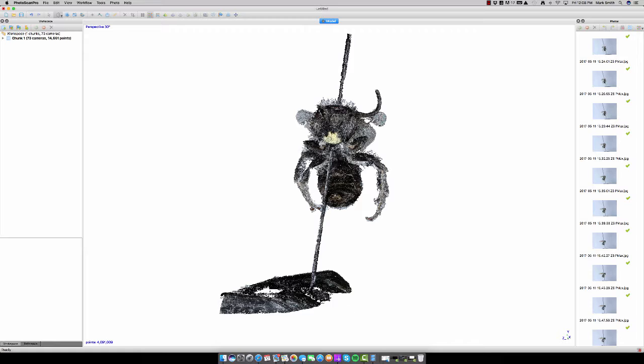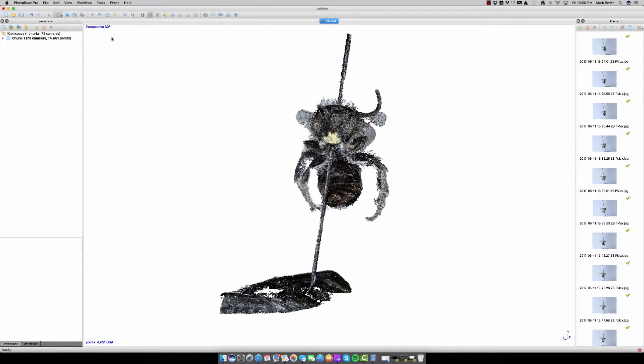Okay, so now that I've gone through and cleaned up all this model, I've eliminated any points that are located out in space, not what I think is going to be part of the bee. Now this bee has a lot of hair on it, and what we're going to do is actually keep a lot of the loose points around the bee, just in case it can give us an accurate reconstruction of that hair as well. So once you're done cleaning up the dense point cloud, the next thing we want to do